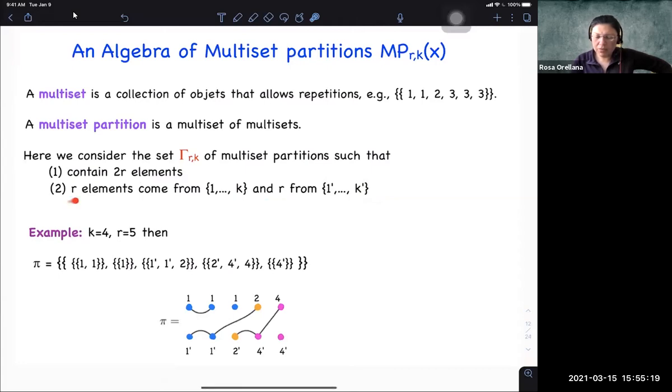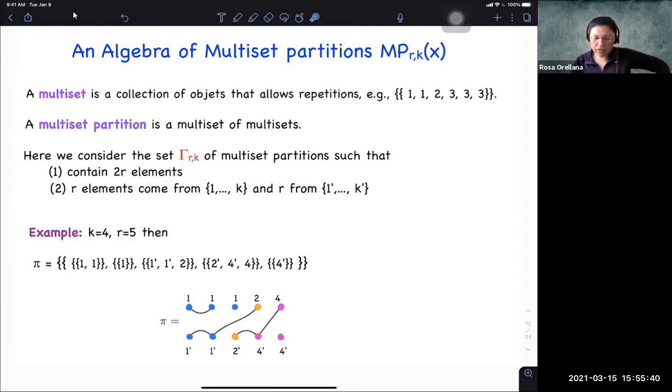Like as we had before in the previous picture, except that now you could pick the same element always, right? You could pick R1s or R1 primes, right? So here is an example, right? Here is a set partition that will be contained in this set when K equal to 4 and R